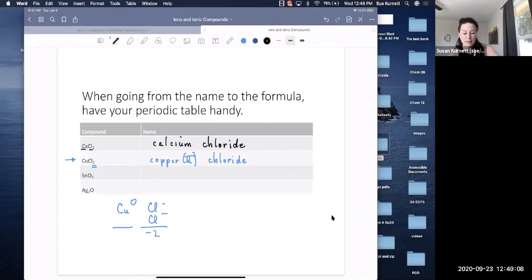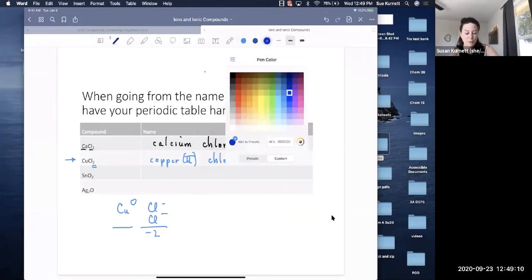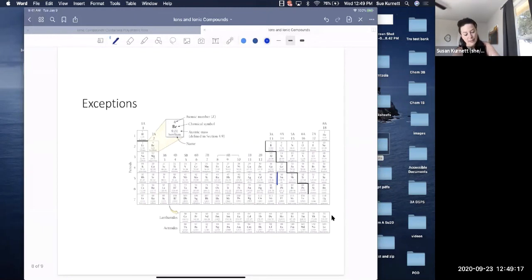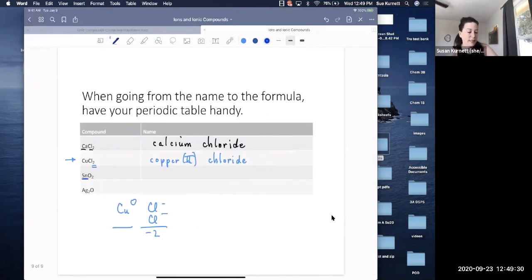Okay, so this one is a little unusual. Here we have tin, and this is tin on the periodic table. And tin is not a transition metal, but tin and lead both have 2 charge choices. They're on the list that is in the nomenclature packet that is in your module this week. So I have to recognize that tin, oops, that's lead, that tin and lead have 2 charge choices, and they are 2 and 4.